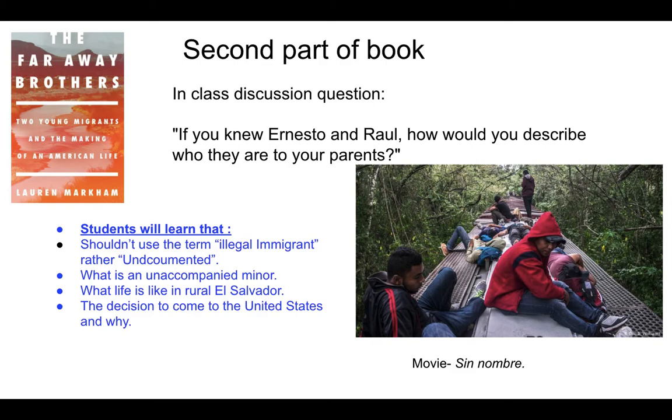And then by the second part of the book, you'll be about halfway through. This is where we can be a little more intimate and maybe have this conversation be a little more uncomfortable. Since you'll know the characters better, we would love to hear how the students would talk about these characters to their parents. So the discussion question would be, if you knew Ernesto and Raul, how would you describe who they are